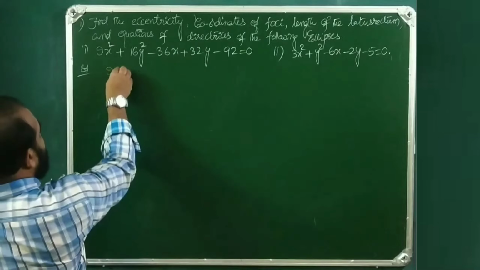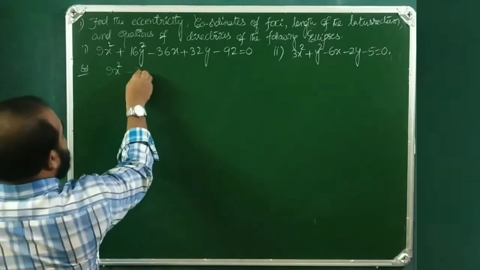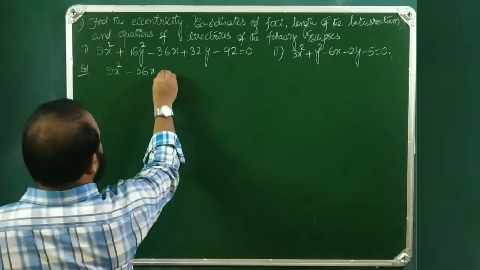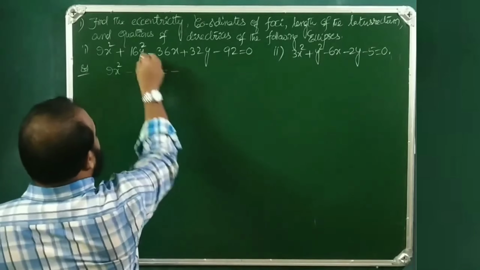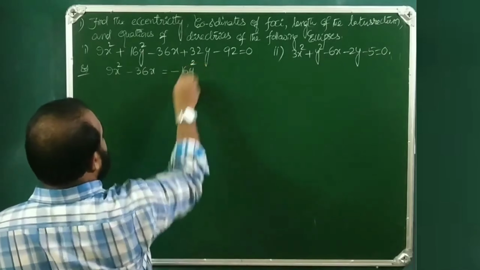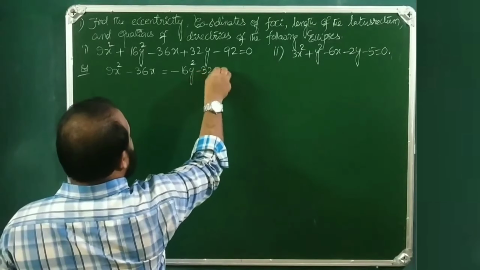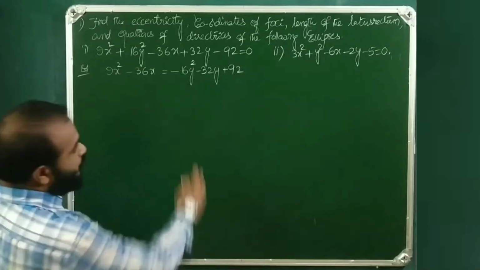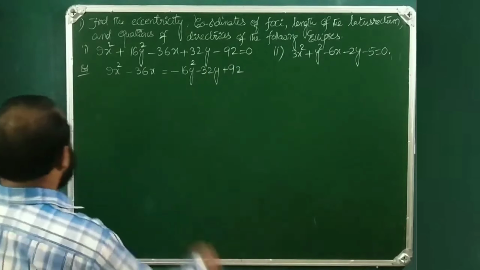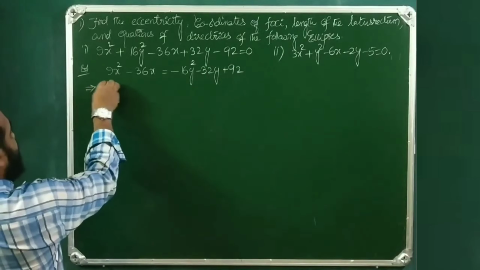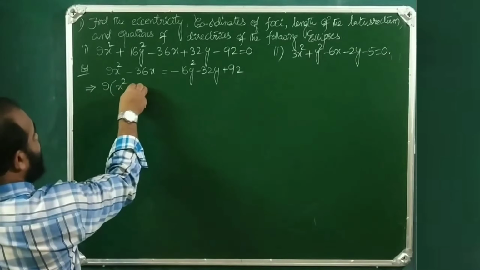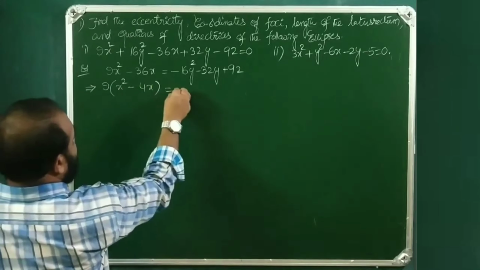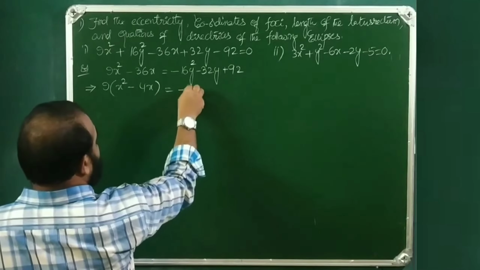So 9x² − 36x = −16y² − 32y + 92 if you shift it to the other side. Now take 9 as common: x² − 4x = −16 if you take common,